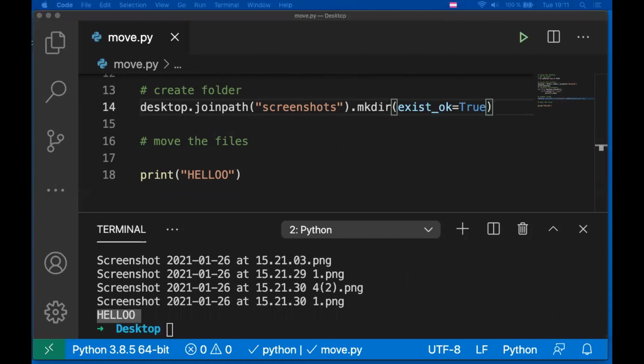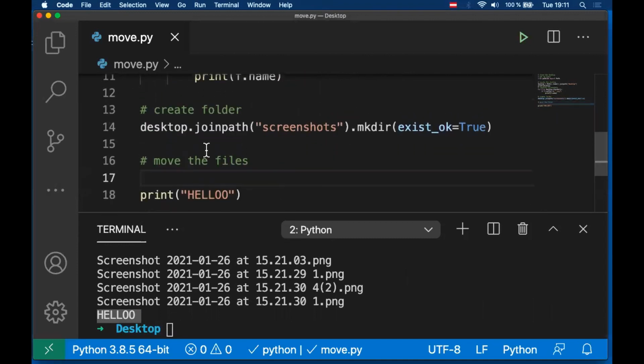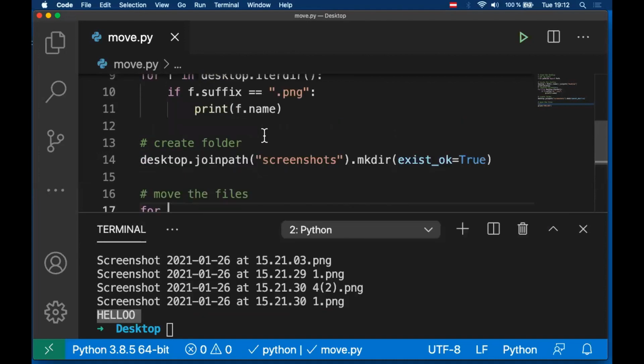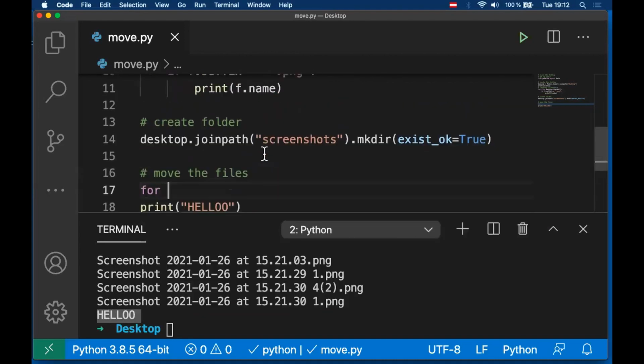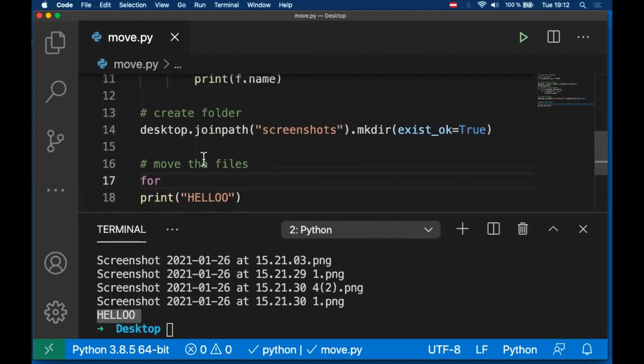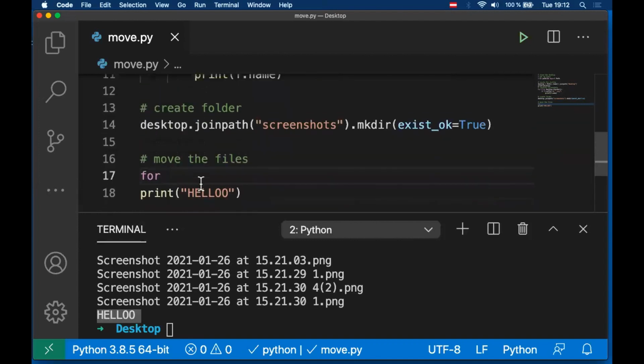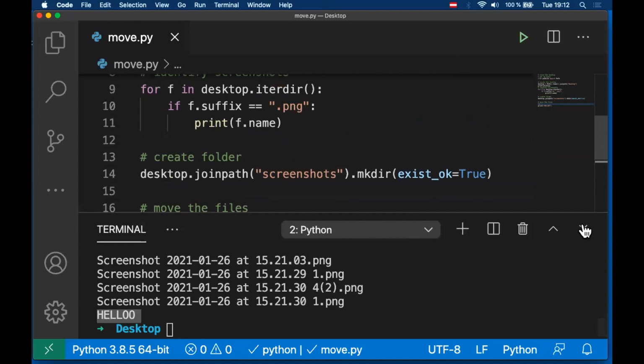Okay, so we're already nearly there. Now, the last thing we want to do is move all the files. Because it's a lot of files, there's a little flag. You can be like, okay, this is probably going to be a loop, and we're going to do it with a loop as well. So I can just say for every file. Actually, we can just reuse the for loop that we have up there. Get rid of this,